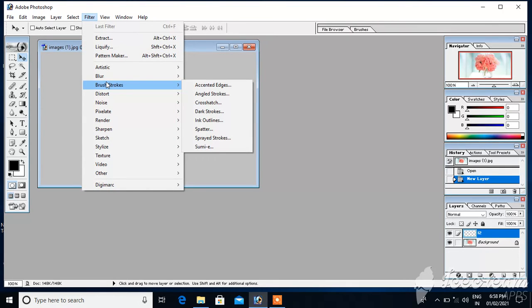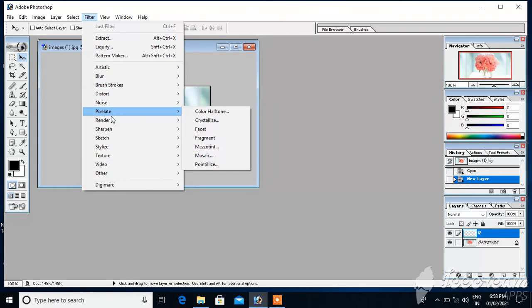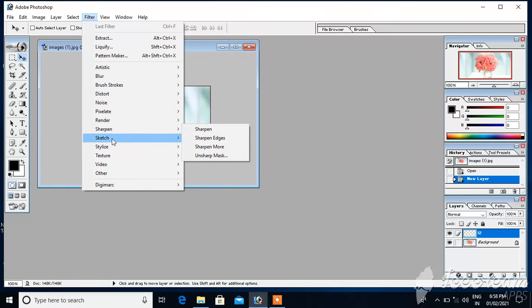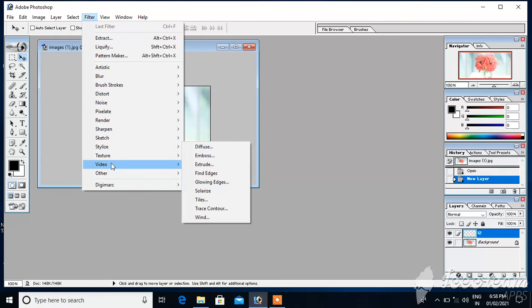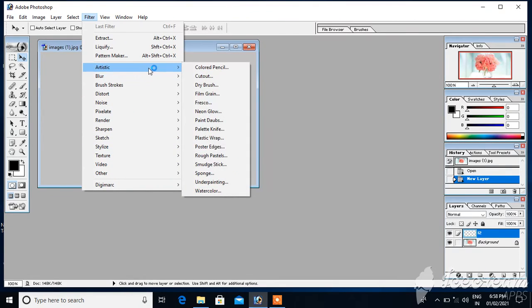Here are some options, that is blur, artistic, distort, noise, render, sharpness, sketch, stylize, texture, video. Whatever option you like, just click on that.